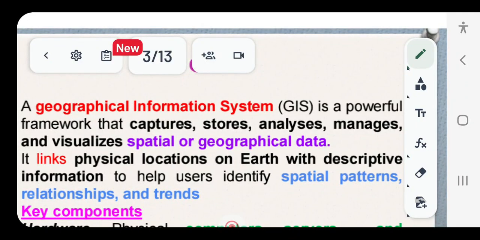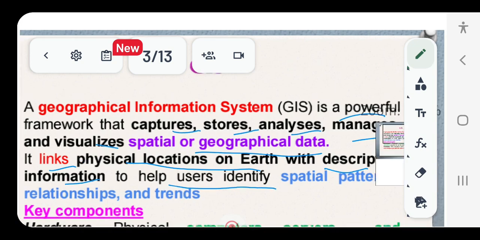It is nothing but a powerful framework that captures, stores, analyzes, manages and visualizes geospatial data. It links the physical locations on Earth with its descriptive information, and it helps users to identify spatial patterns, trends